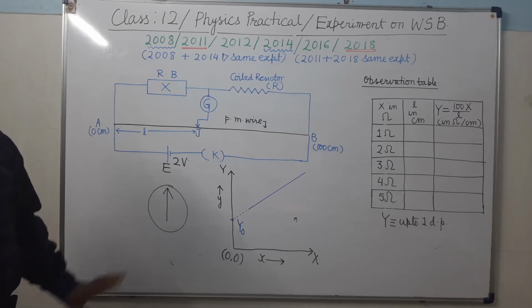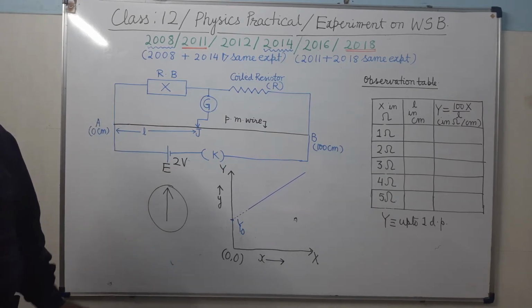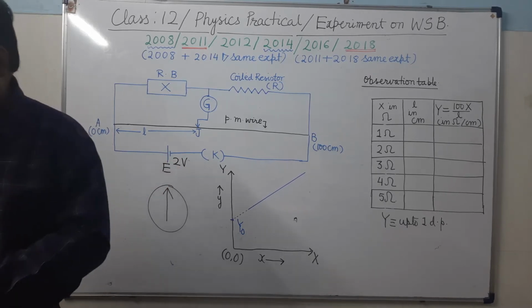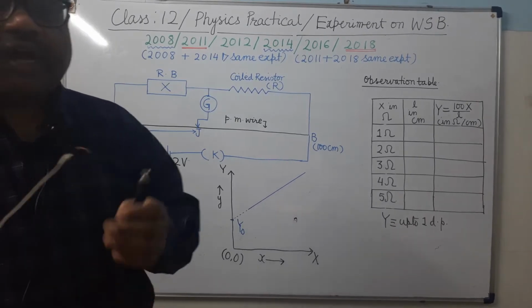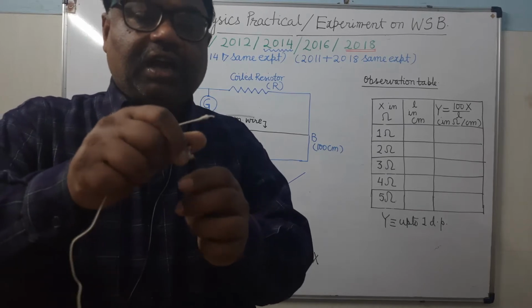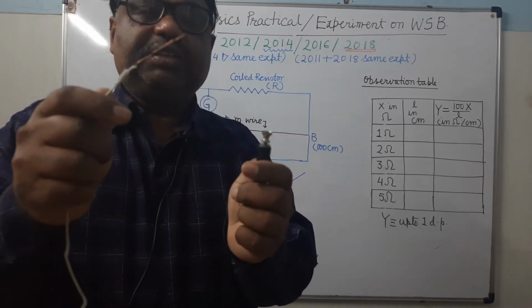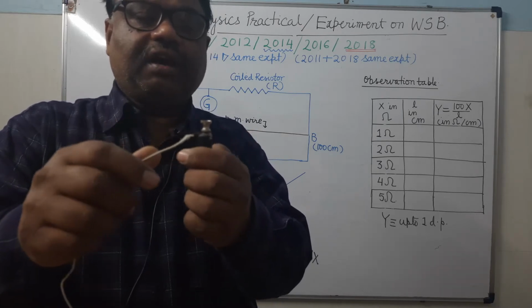It's clear? This is the circuit setup of the circuit diagram. This way you will connect. And how will you connect the wire? Already I have explained, always connect the wire in the binding terminal in such a way that only a half turn is made. You only bend a half turn.